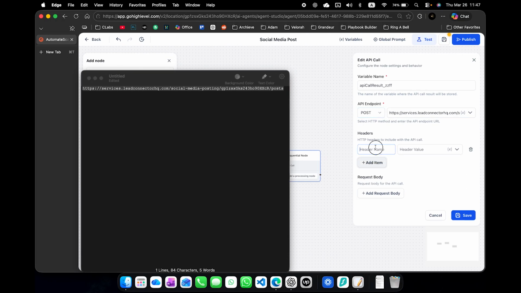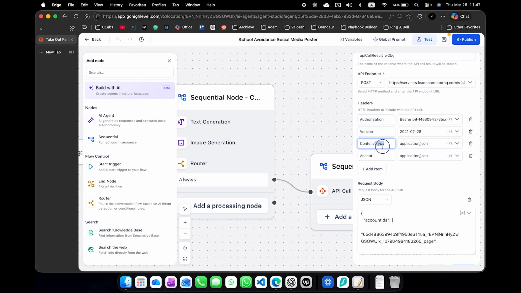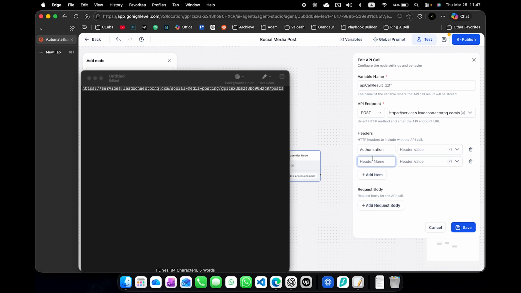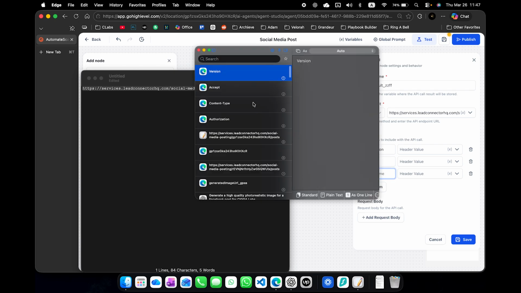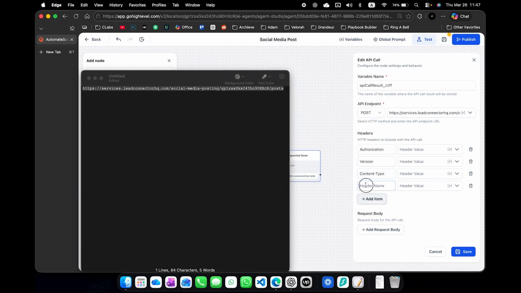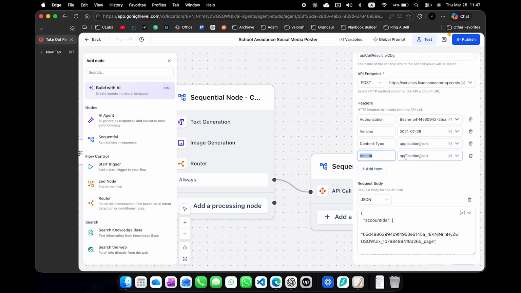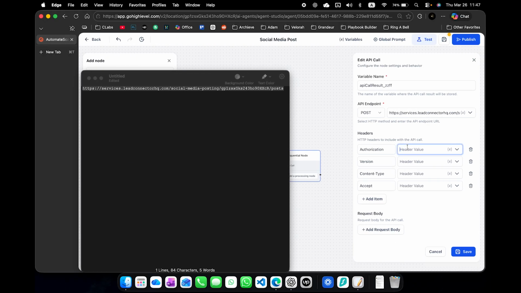Now we have those headers which we need to copy. We have the authorization, version, content type, and accept. We have version, content type, and accept. So right now for the authorization we need to add the bearer and the API, which